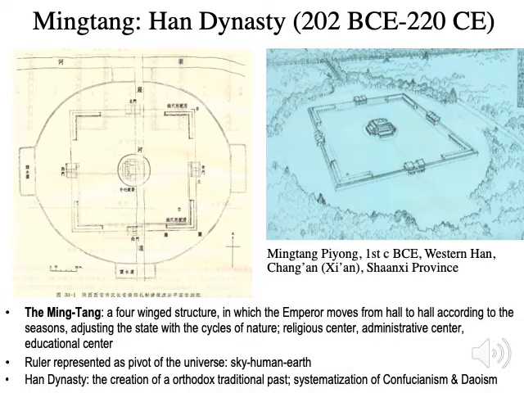So I should say that previously we had no idea about what Mingtang looked like, even though there were a lot of words, a lot of depiction about it. But a 20th century discovery of the Han Dynasty Mingtang gives us a very good idea. So this is the Han Dynasty Mingtang discovered in Xi'an, which was located to the south of the Han Dynasty capital city of Chang'an, and it features a series